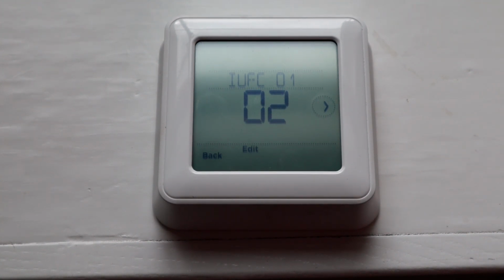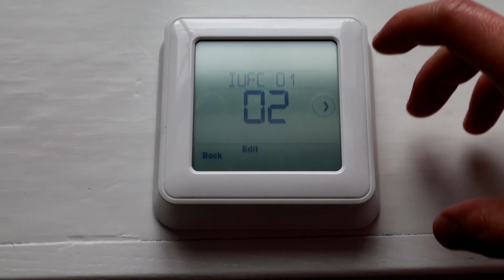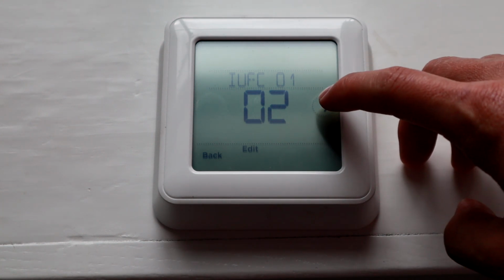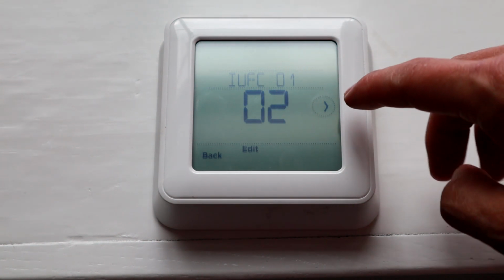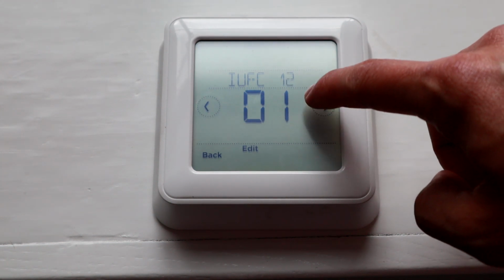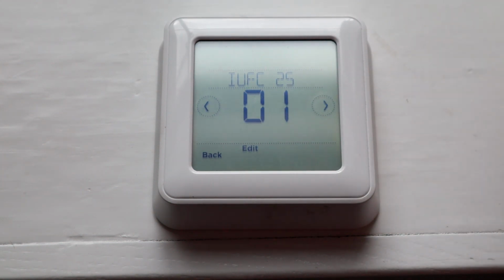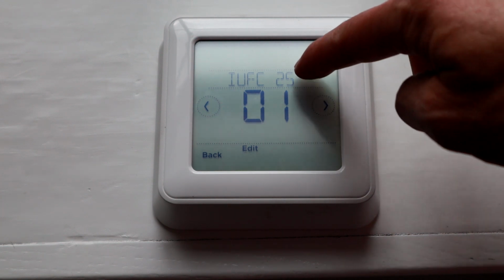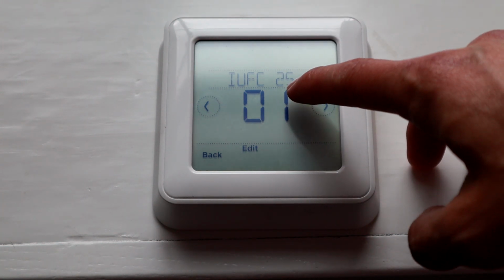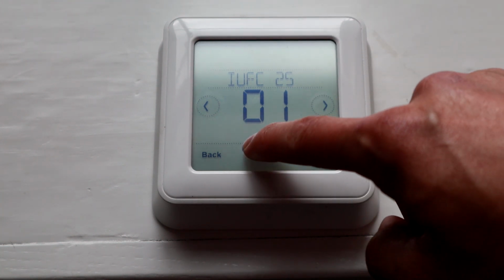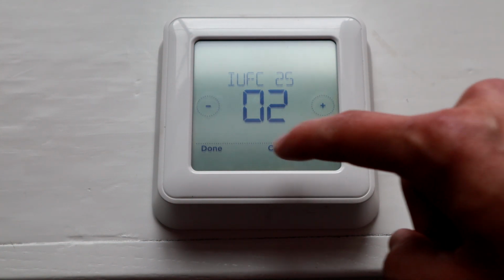If we look in the manual, I'll link you the PDF in the description. For heating, the fan is IUFC 25. So if we go to 25, and again, in the manual it tells you which number is which. Right now it's set to 1. So if we go to edit and we set that to 2, hit done,